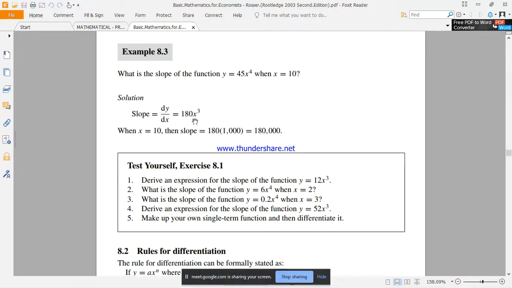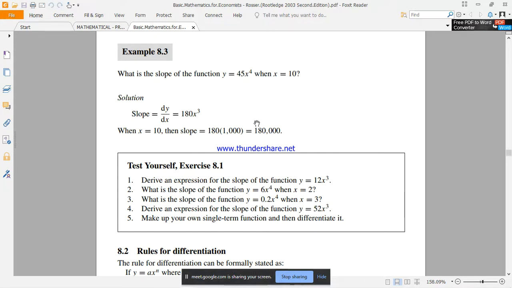So now I'll just put 10 wherever there is x, and then raise that to the power 3. That is the way we're saying that when x is 10, the slope will be 180 times 10 to the power 3. But we know that 10 raised to the power 3 is just 1,000, and 1,000 times 180 is just 180,000. So the slope of this particular function when x is 10 is